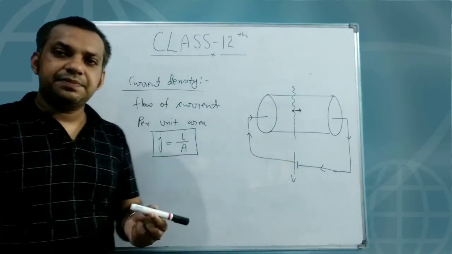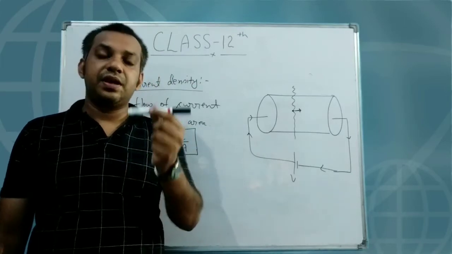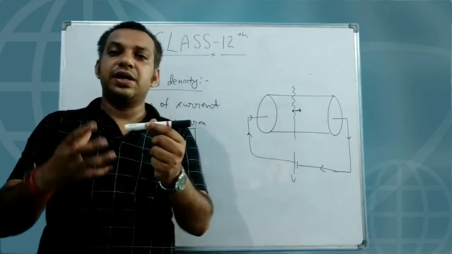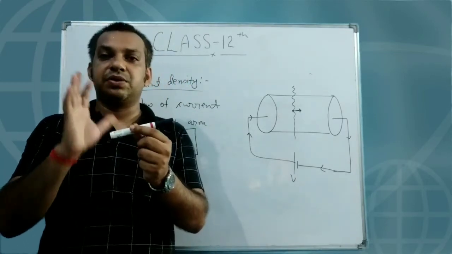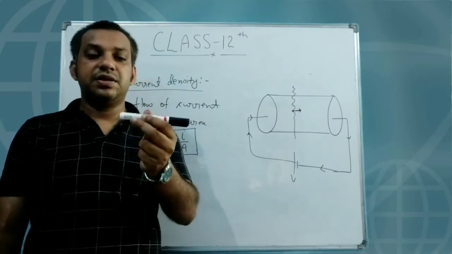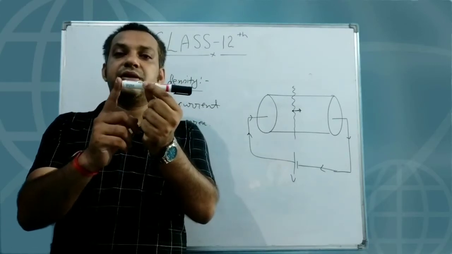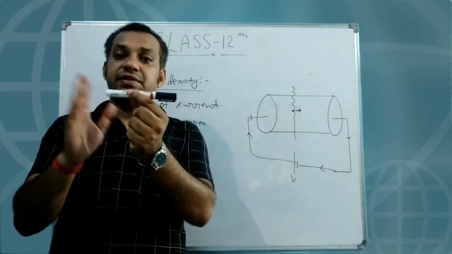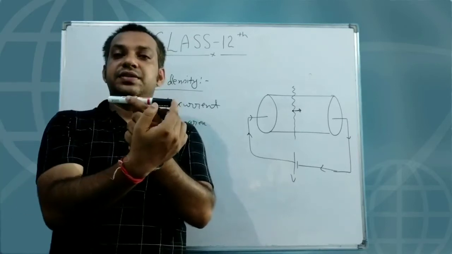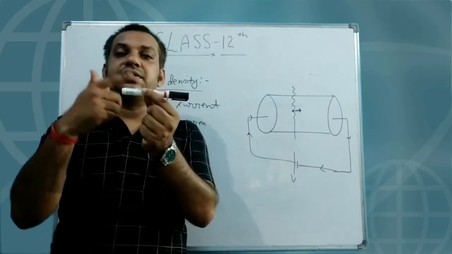But in Gauss law, we have discussed area as a vector quantity, because in Gauss law, not only how much material is required to build a particular structure, but also the faces of the structure are important. For example, this particular cylinder has a flat surface on this side, a curved face, and another face on this side. Three faces are there: one face, two faces, and this third face.